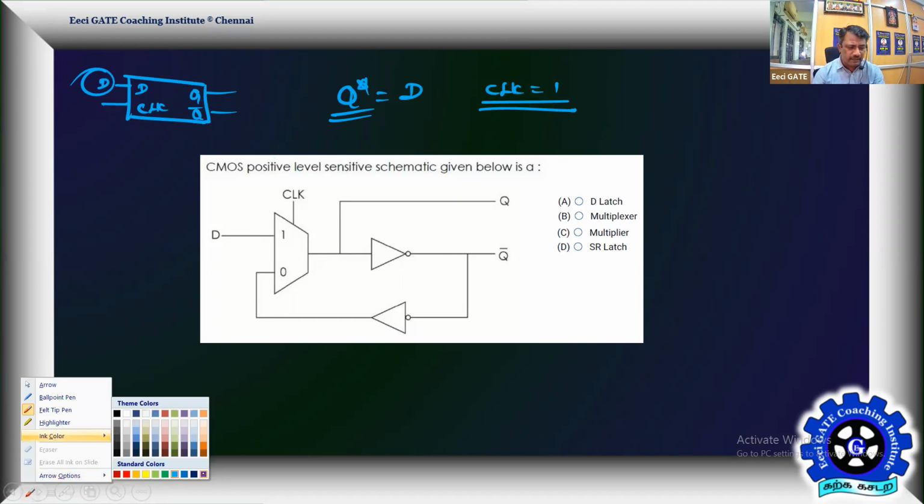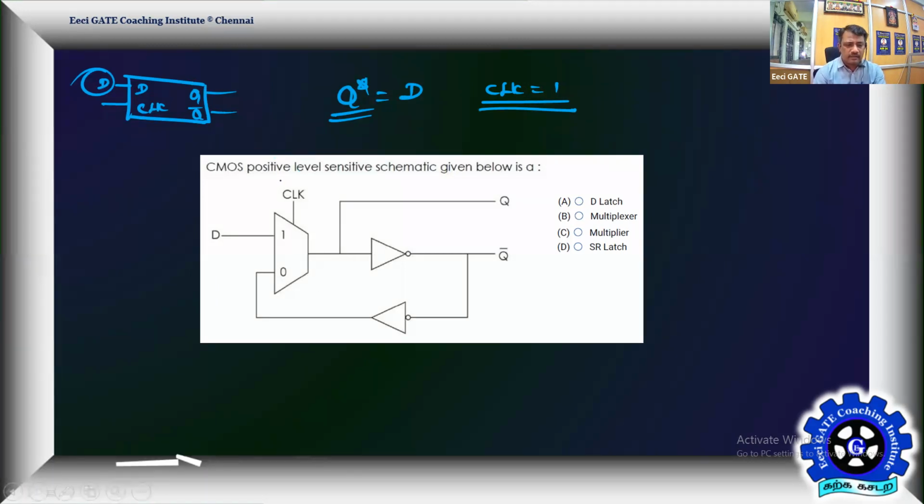Say for example, my clock is 0. So the previous state Q is equal to 0 and Q bar will be equal to 1. This data is 0 and this data, let me say, is my D. Clock is 0 means Y is going to follow the 0, so this is going to be 0. So the state continues. That is confirming.